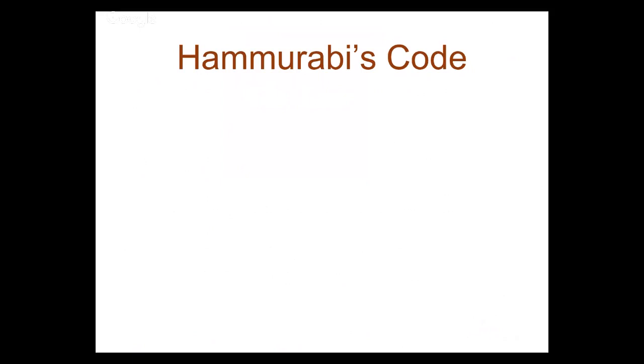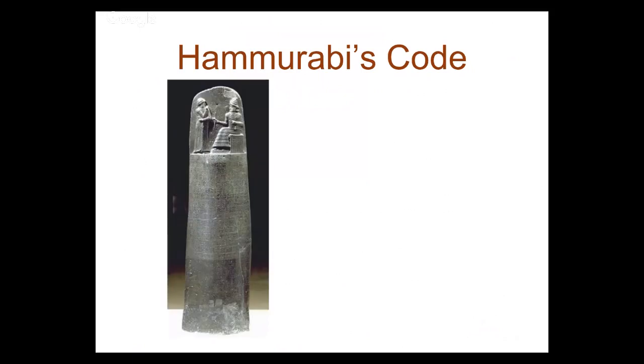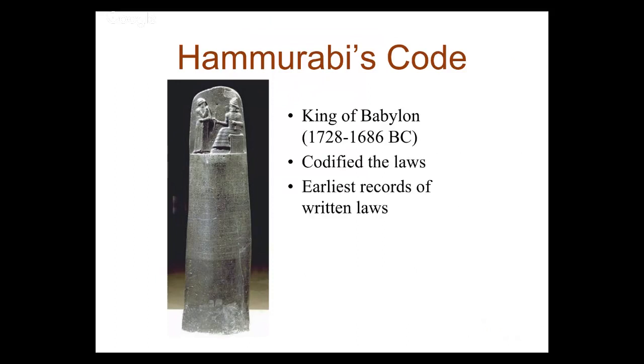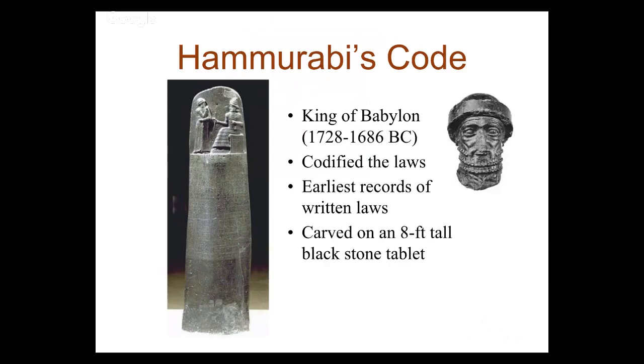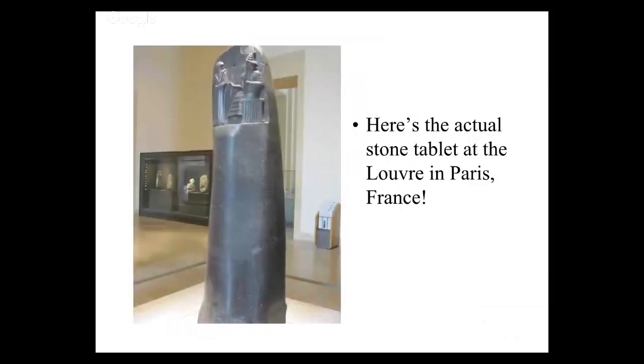The first example of a handwritten law, a law that someone could go and find, is called Hammurabi's Code. This was in the Babylonian society, and there's the code. It was written on a large piece of stone, which was great if you knew how to read, and also if you had access to the temple. And there's that word again, the codified set of laws. It's one of the earliest records of written laws. That's the significance of it. All right, there's the actual stone tablet.